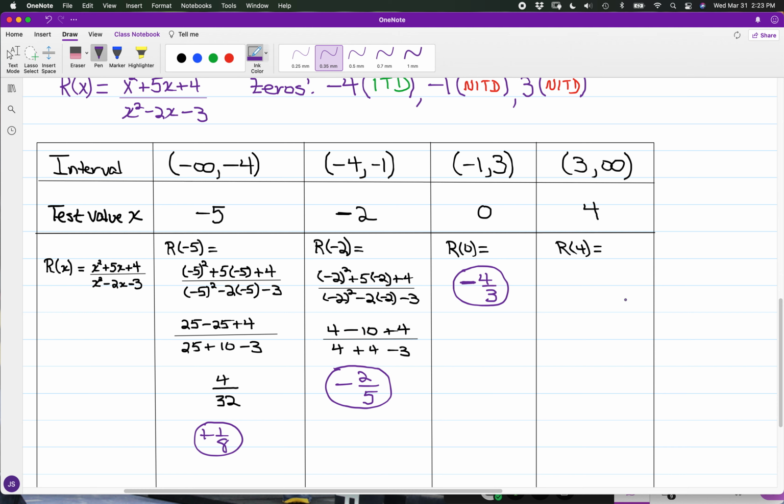And as for the case of r of 4, you have 4 squared plus 5 times 4, and we have plus 4. And again, we have all of that over